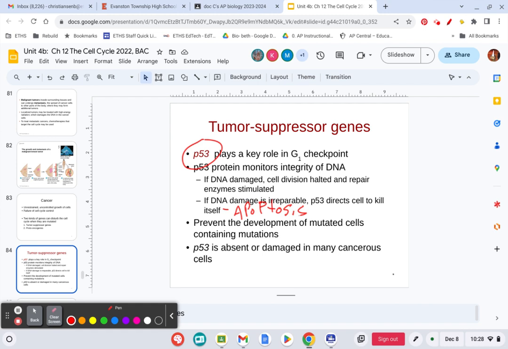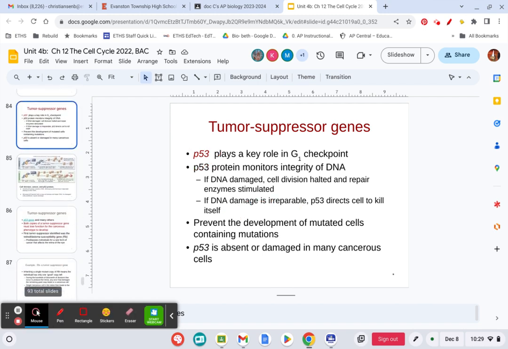Ooh, that's a good question. I don't know that answer off the top of my head. I'm pretty sure it's out there. I don't think it's a lot. It might be like only 1 or 2%, but over the course of a lifetime, that's a lot of divisions. I think we're pretty good at checking our DNA right after synthesis and fixing it. But even with that said, that's still a lot of divisions. And they tend to add up over time, which is why people who are older tend to get cancer rather than people who are younger, because they just don't add up enough when you're younger. Good question.